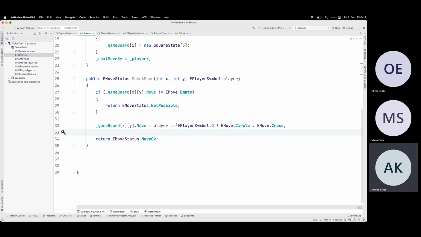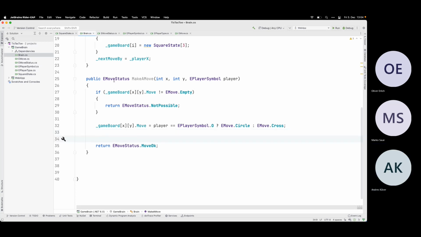Okay, so basically I can make a move, and now I need to check because I need to return this EMoveStatus. I need to check A, is it over? And B, if it is over, which way is it over? So let's make a function for it here.